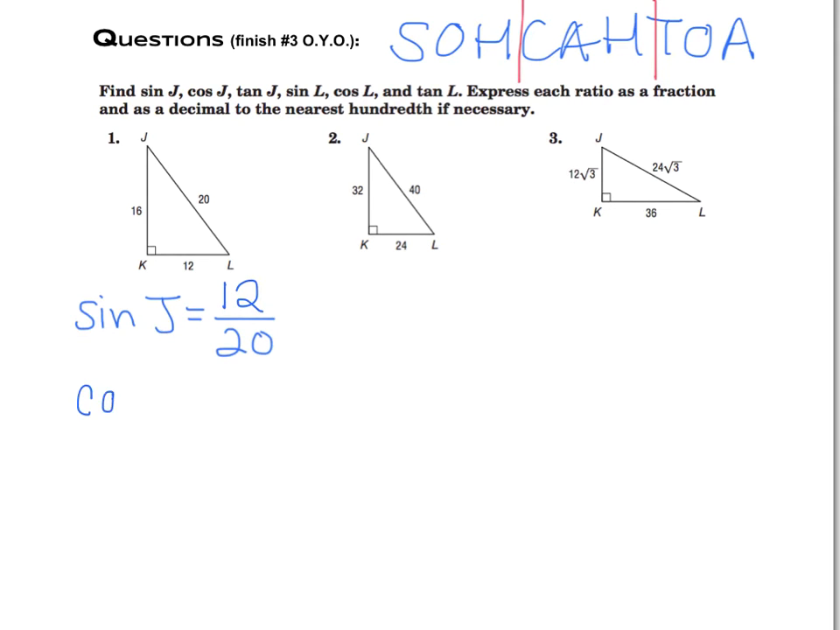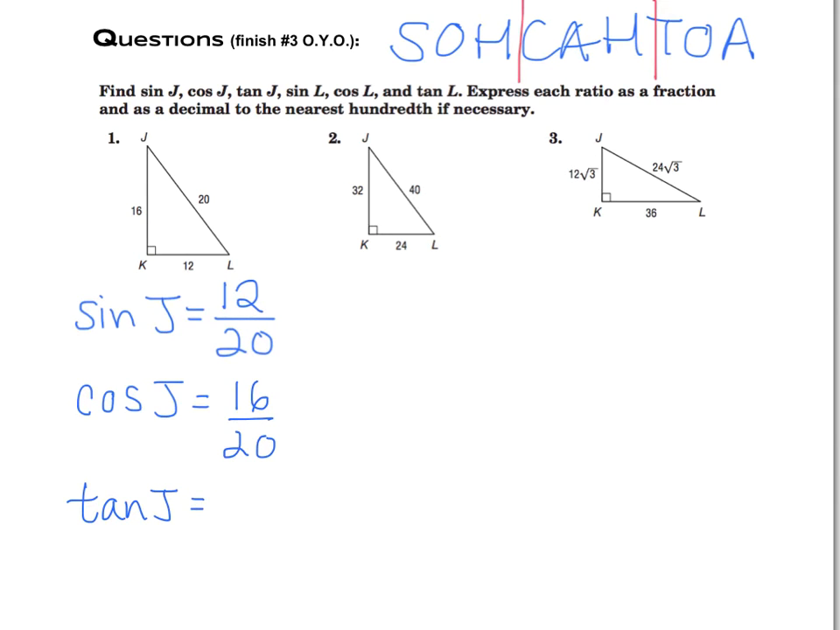Next we'll move to cosine of J. At this point, you guys, we want to make sure that at angle J again, we go to the leg that is adjacent to J. So remember, we're not going to be using the hypotenuse of 20. We're going to be looking at the adjacent leg, which is 16. So that's 16 over 20. Hypotenuse stays the same. And then finally, the tangent of J is going to be equal to,